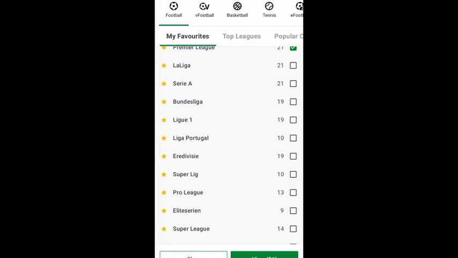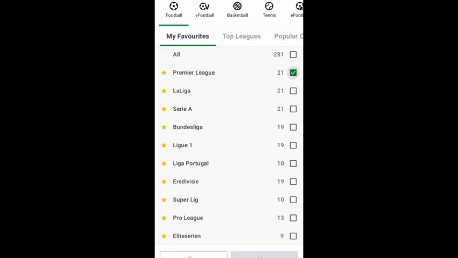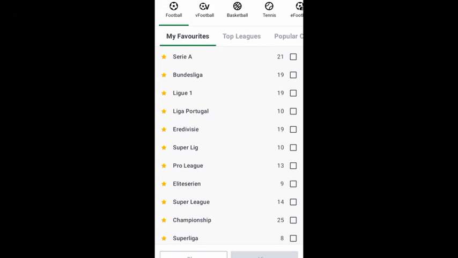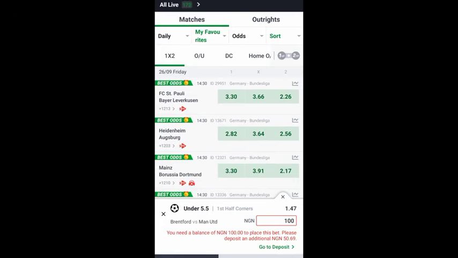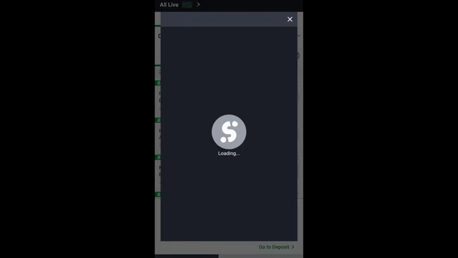So let me check another league for me to demonstrate this right there. You can do this in any league, but normally you find this option on the popular leagues right there. So I'll check Bundesliga to see if I can find any good example of a game that has this type of option. So let's check this game, St. Pauli, Leverkusen. I'm looking for a game where they are scoring at least 0-0, 1-1, and 1-2.